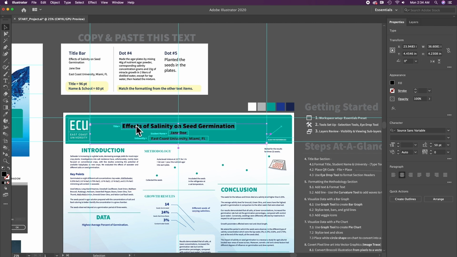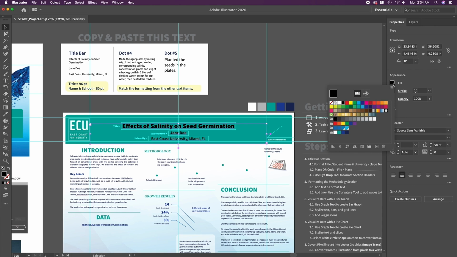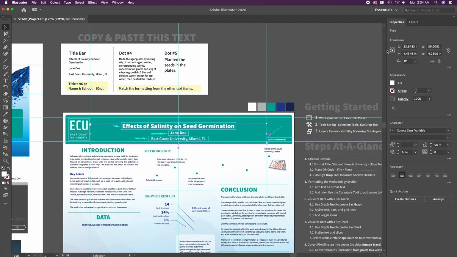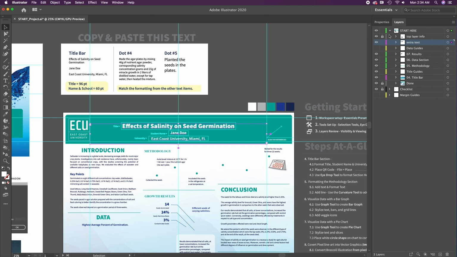And I'm going to take this text while it's selected, go over here to my fill palette, and click on that black color and turn that to white. Okay, then I go back over here to layers, go to title guides, turn the title guides off to see what it looks like, click off to the side, and that looks good. So I'm going to place that. So I'll turn title guide on,